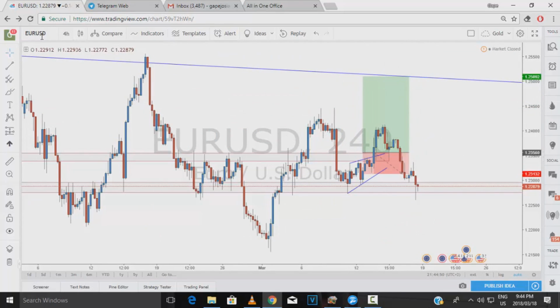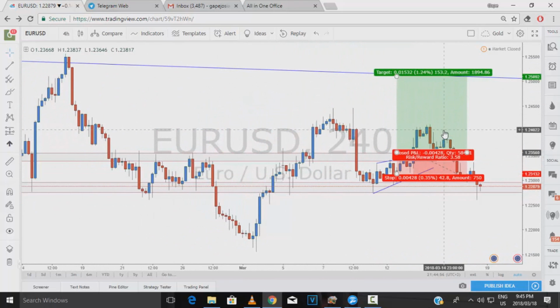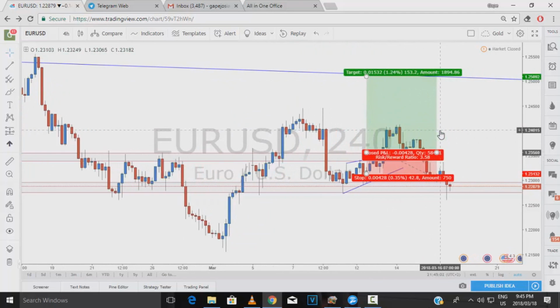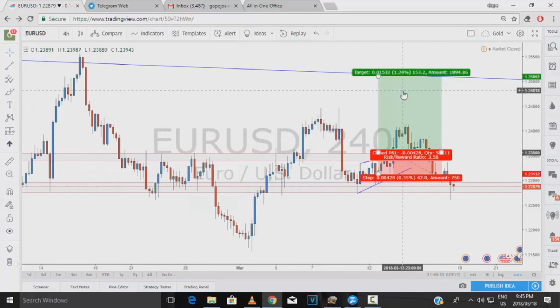All right, I'm looking at Euro USD at the moment, and I managed to get my entry at the top right here. After getting my entry, I bought, we went up, and then I got this big engulfing bearish candle right here, and this told me it's time to actually think of